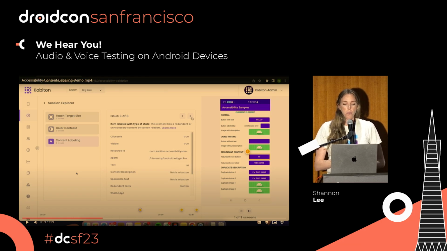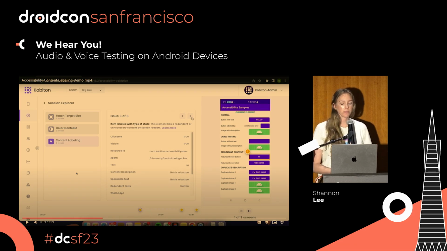So let's say you're wanting to not even enable Android TalkBack. You want to just go straight to non-functional testing without having to hear any audio, or maybe you have the type of plan that won't support audio, but you still want to ensure that your labels are correct. We have our AI to come in and analyze your functional test case, which we can now pair with non-functional testing, and ensure that those content labels are correct. So here over that hi button, we're seeing that the speakable text, the content description, is this is a button, but then we also showcase that redundant text that says button, showcasing that what we heard was this is a button, button, which, of course, is incorrect.